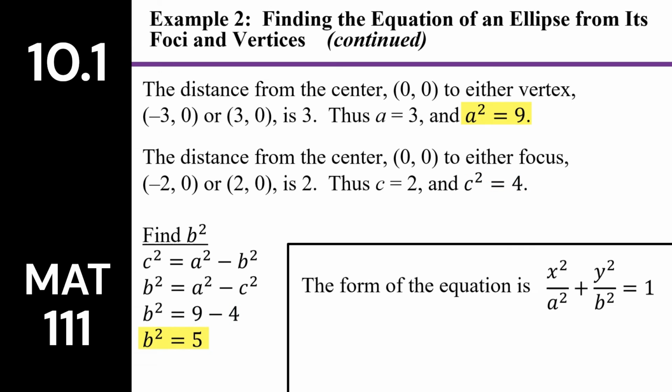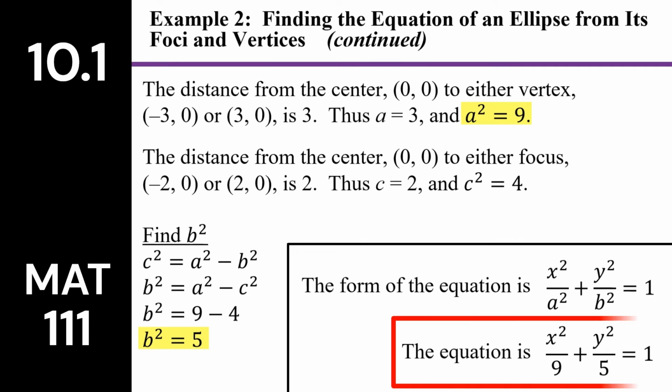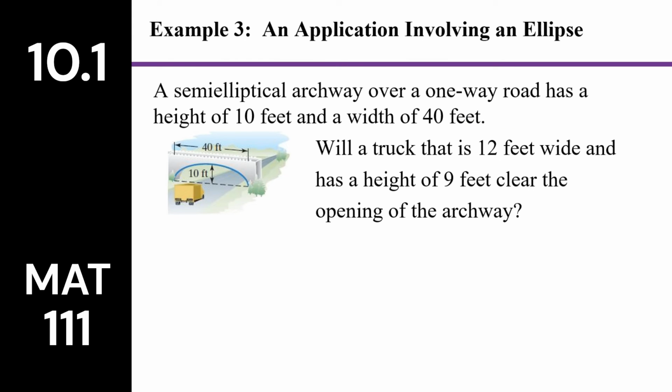So we can put a squared and b squared into the formula. And our equation is x squared over 9 plus y squared over 5 equals 1. Example 3. A semi-elliptical archway over a one-way road has a height of 10 feet and a width of 40 feet. Will a truck that is 12 feet wide and has a height of 9 feet clear the opening of